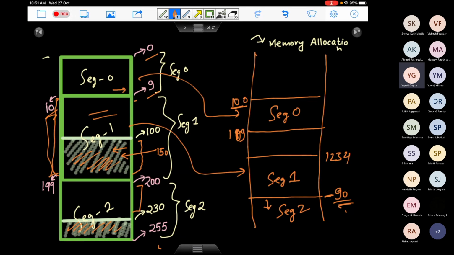Let's say a virtual address is generated and the address is 210. How will you come to know in which segment it is and what the offset is? For segment 0, it is very easy to see because it always starts from 0 and the offset is directly whatever the virtual address is. But starting from segment 1, it becomes difficult to see what exactly the offset is. You should know where exactly segment 1 is starting, where exactly your virtual address is, and you should decrement this value from this value to figure out the offset. So we should have a mechanism for that.